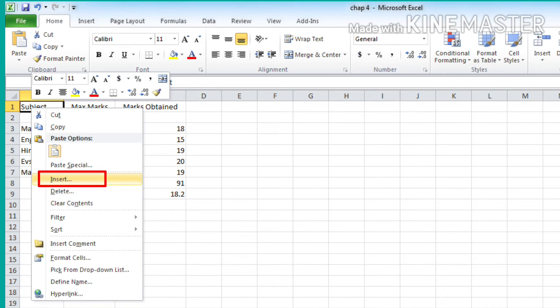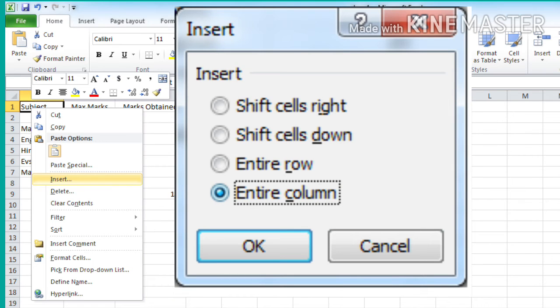So click on it. Then when you click on insert, this box will appear, and here you can see so many options are there: shift cells right, shift cells down, entire row, entire column. So we want an entire column, isn't it children? So we have to select the entire column and click on OK button.